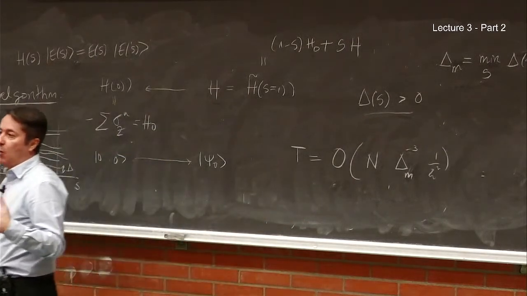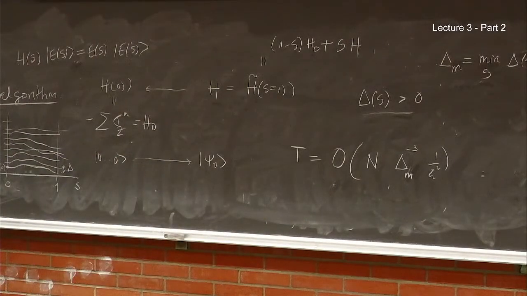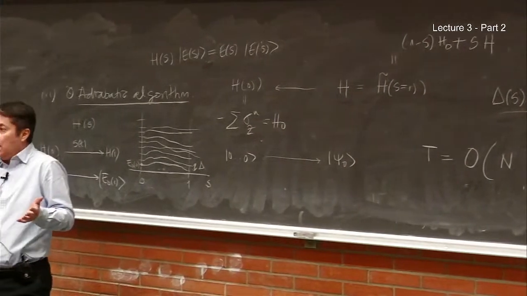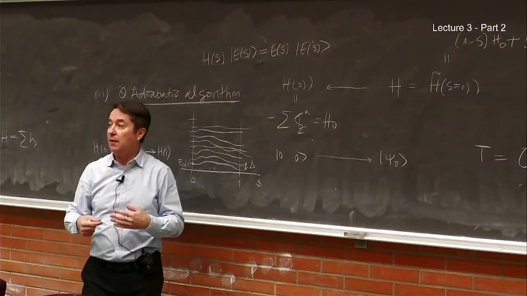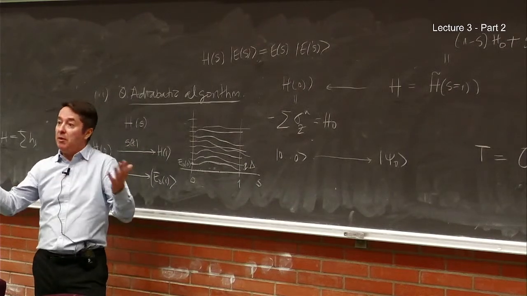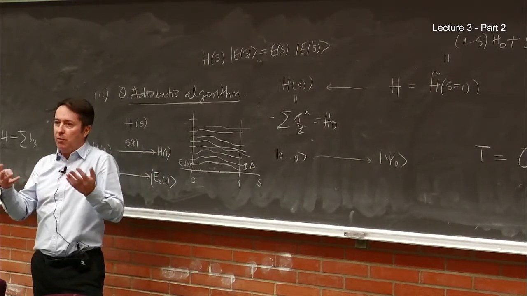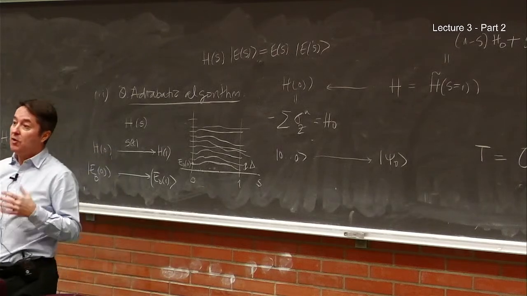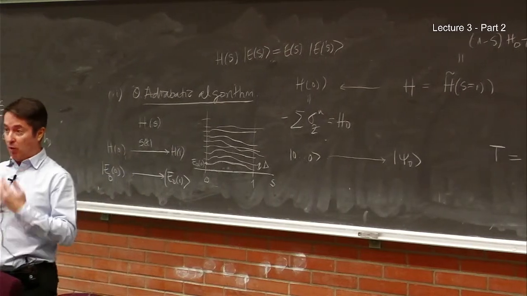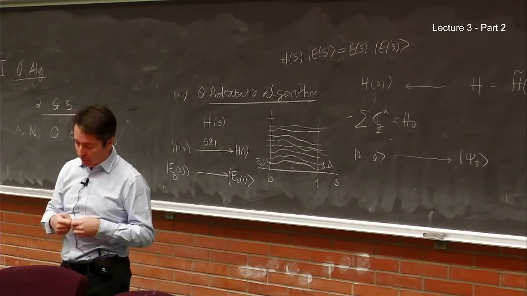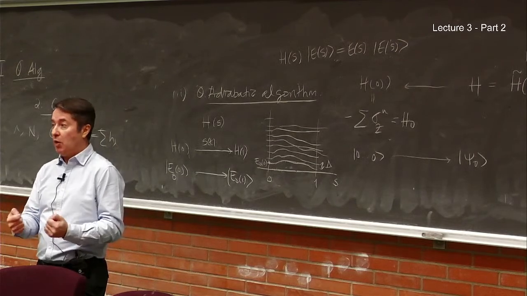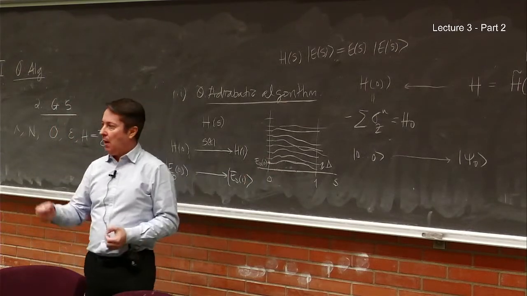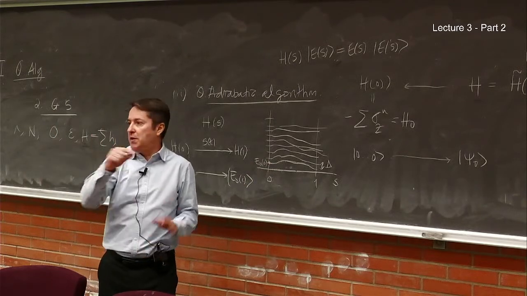So maybe you want to explore and study some transition, and you don't know what it is. Then what you can do is try the adiabatic algorithm, and maybe it works and maybe it doesn't. So how do you know if it works or not? Well, there is not a systematic way that will give you complete confidence, because it may happen that there is a crossing and you go very slow, but you always cross it and you don't know.